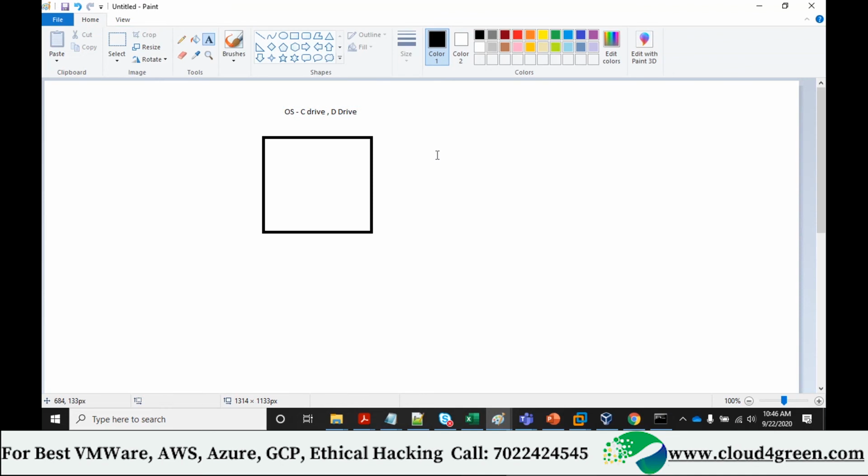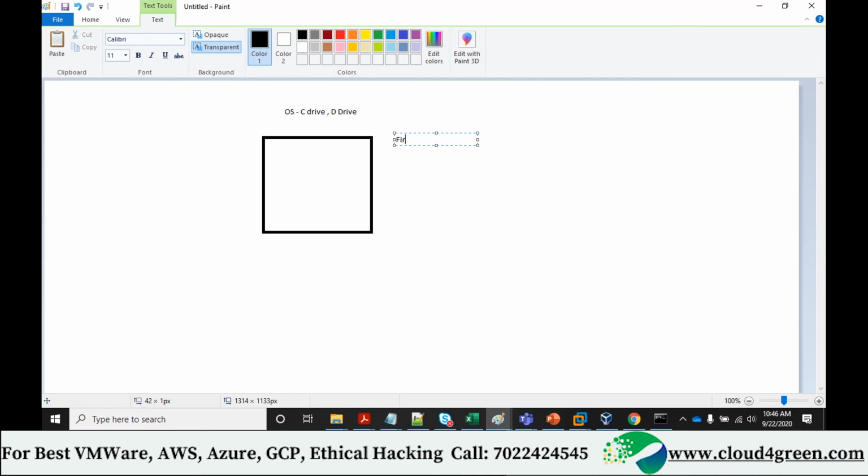In C drive, we all keep operating system files, right? D drive will keep application files. Example, songs, movies, anything outside OS files, we keep in D drive. So someone should allow you to save all this, right? Who will allow? That is called file system.